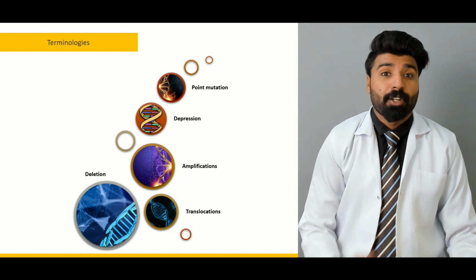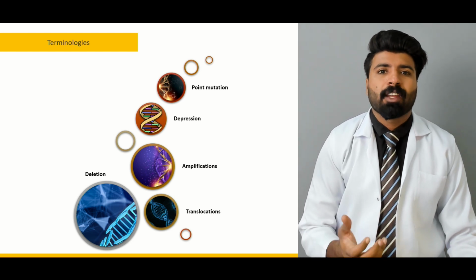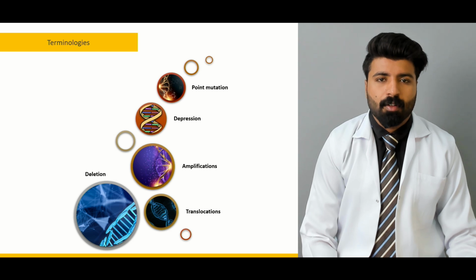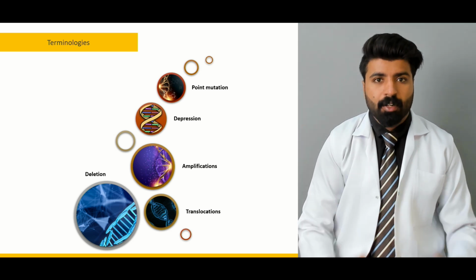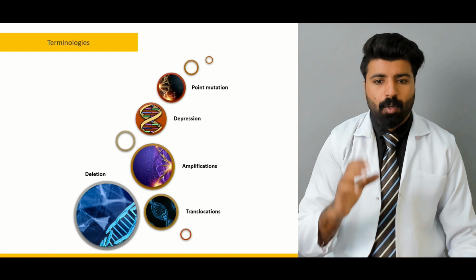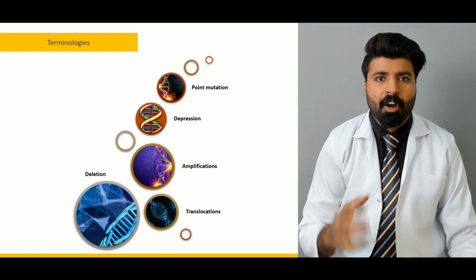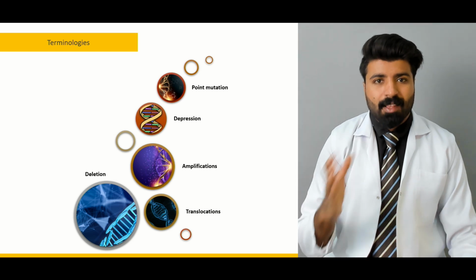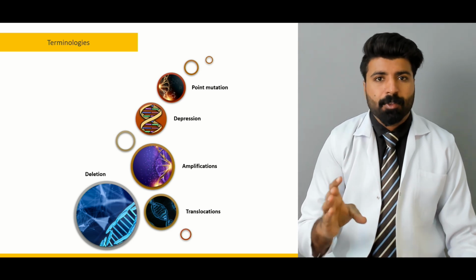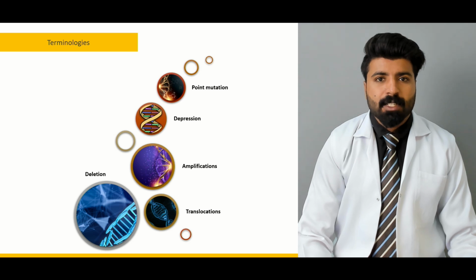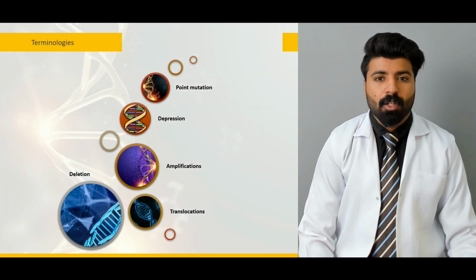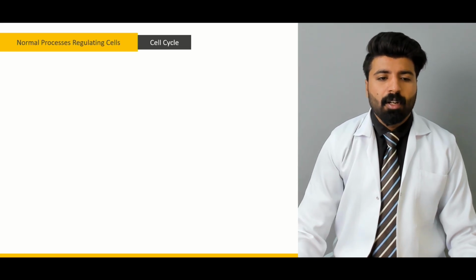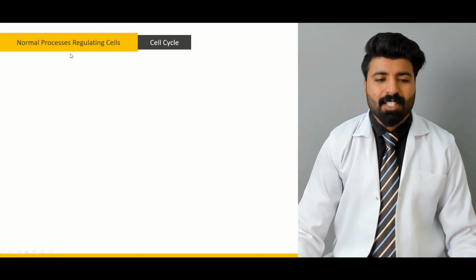If DNA is being mutated, why is the body not taking any action? That's what we're here to learn right now. So before we learn how the DNA is mutated, how a whole body goes into that phase of the cycle in which cancer propagates, we have to know the normal physiology of the cell cycle. So the normal processing of the cell cycles are,